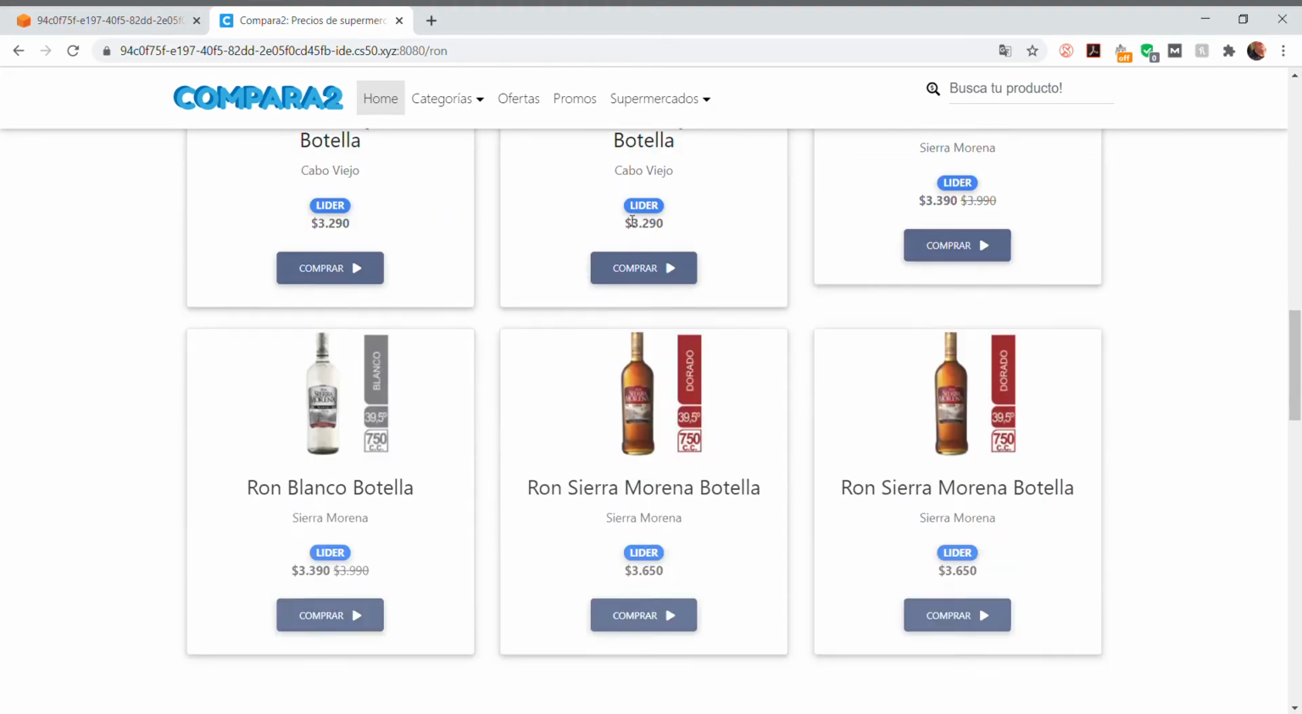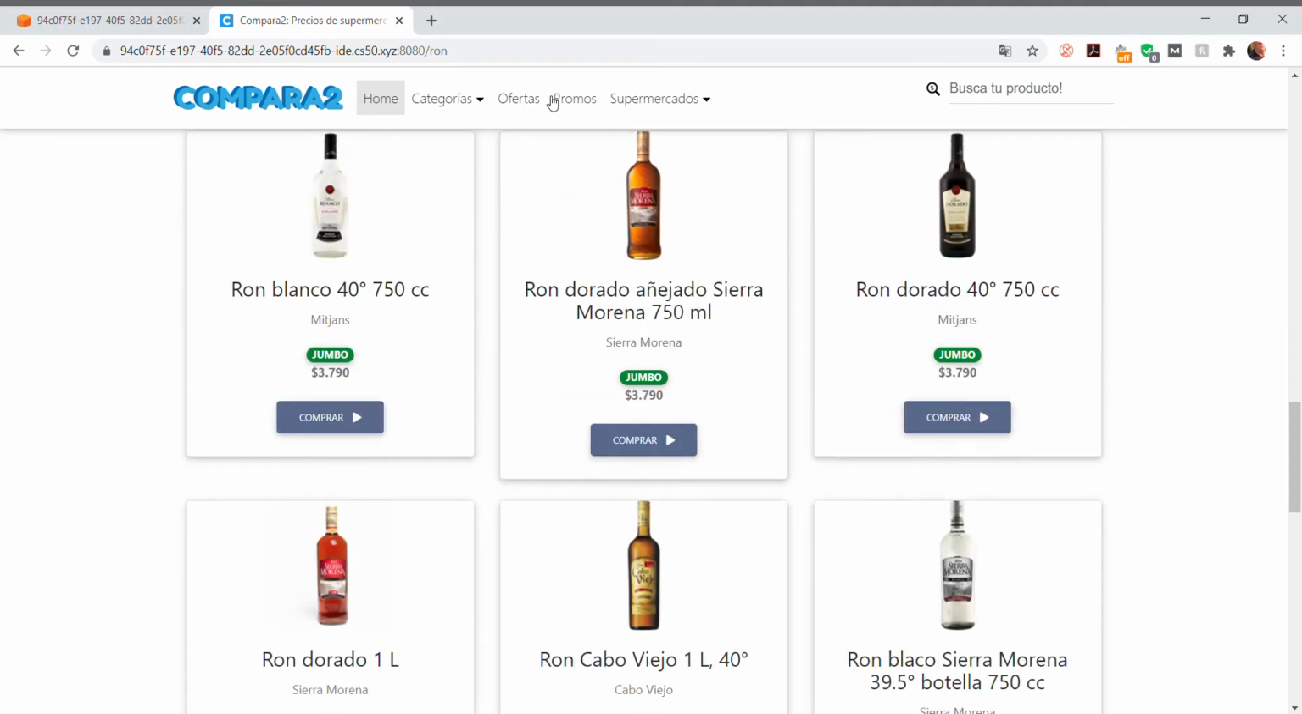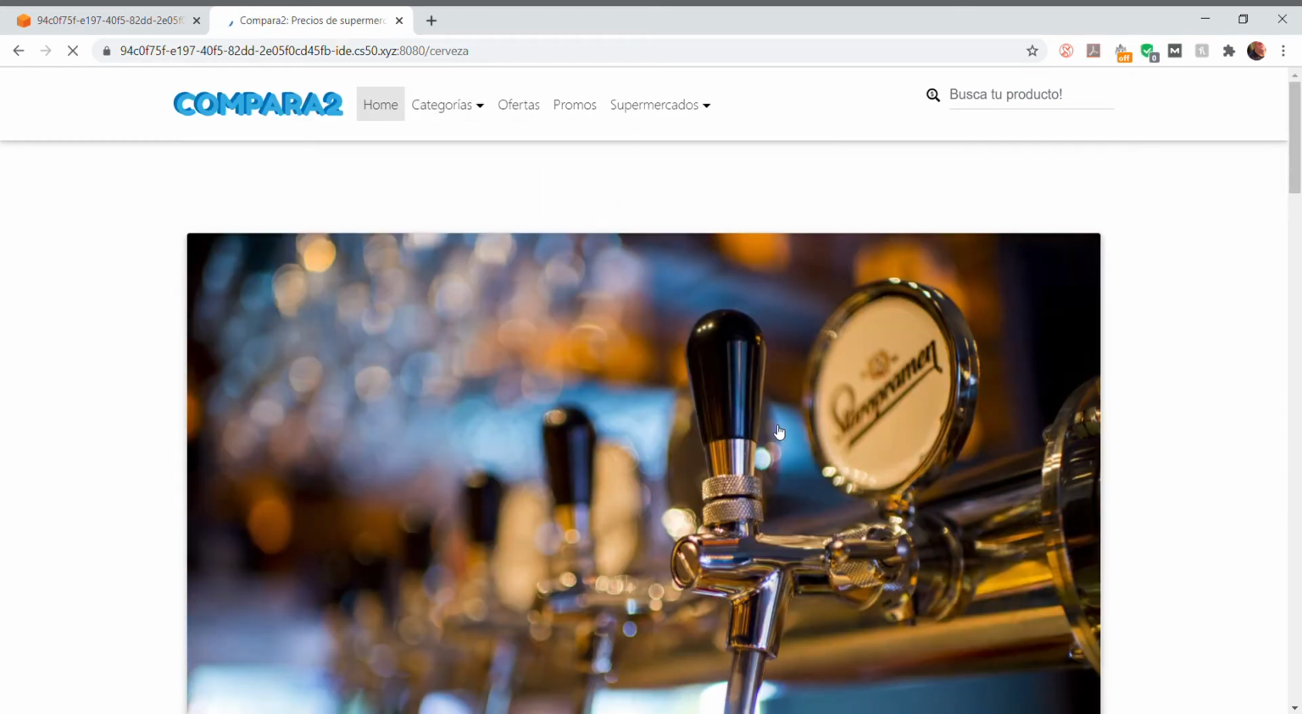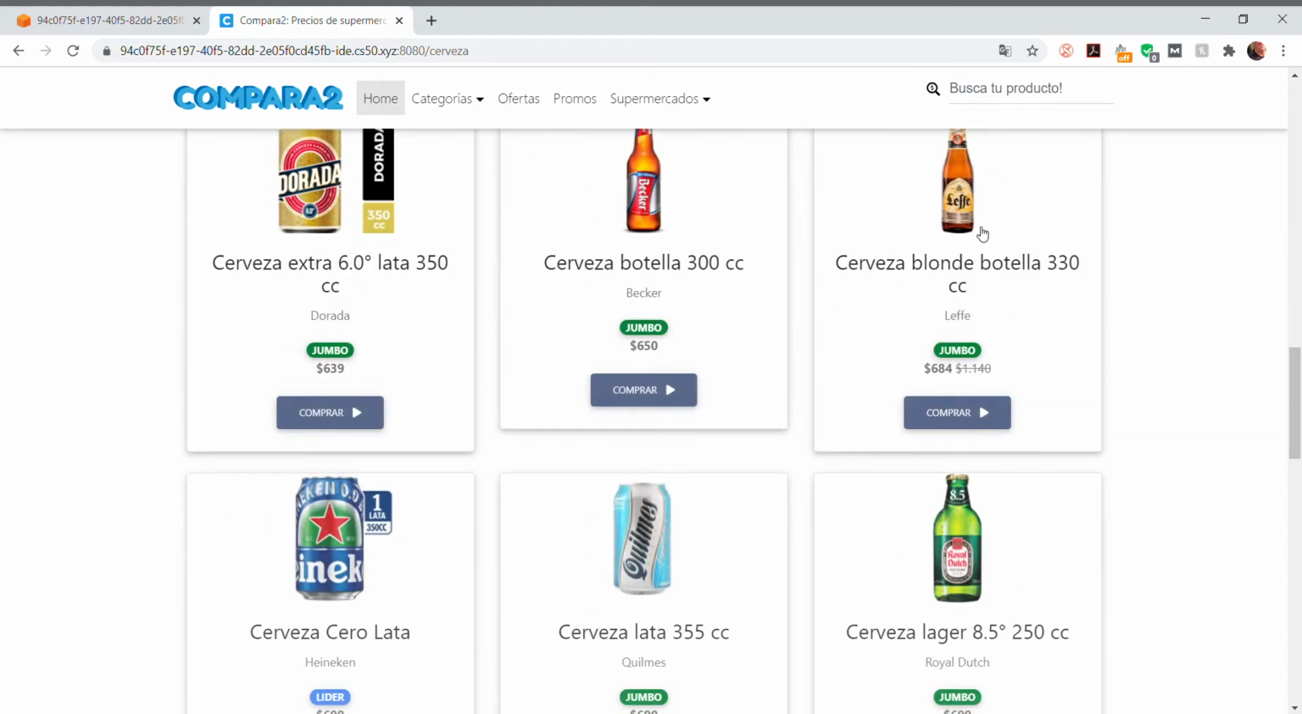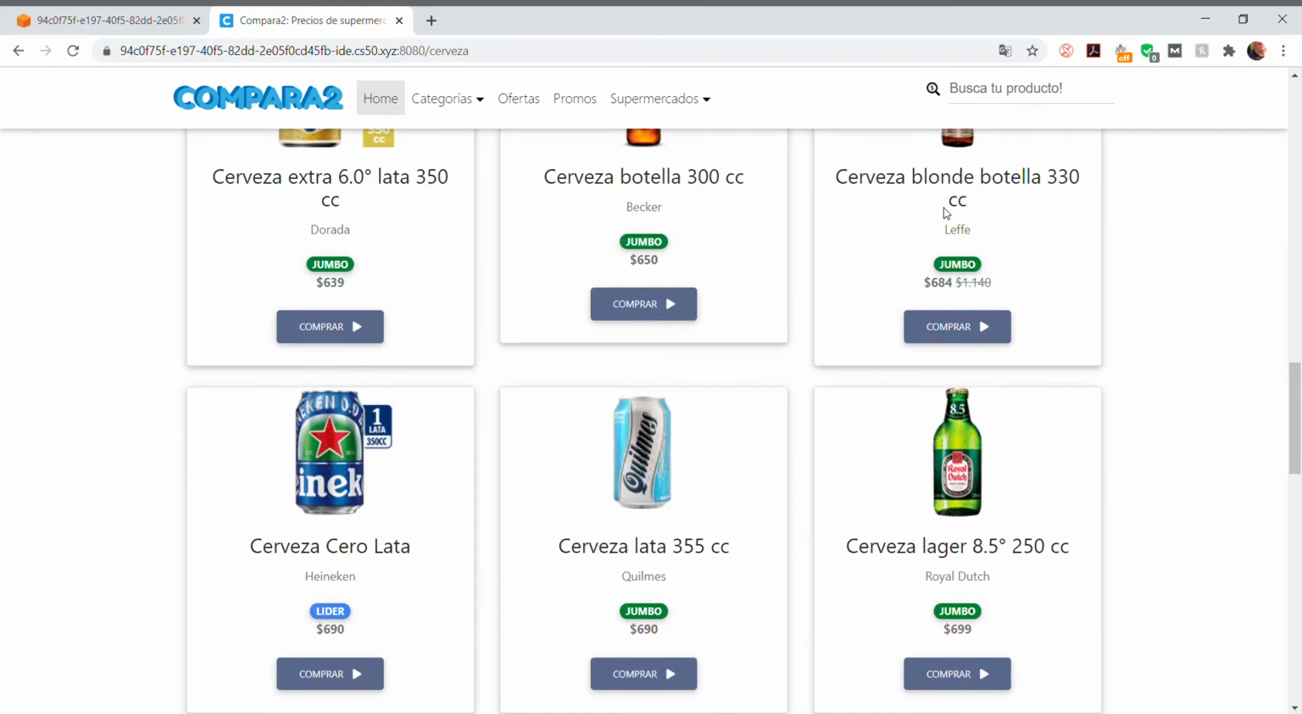So you can see that you can actually see which one is cheaper than the other. So you can have the best price. Also,